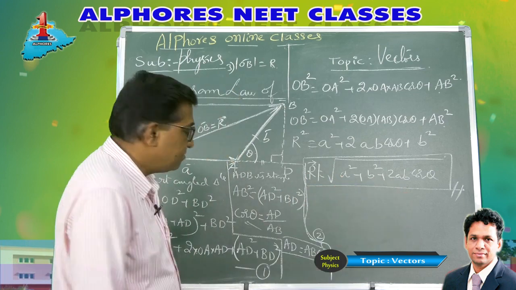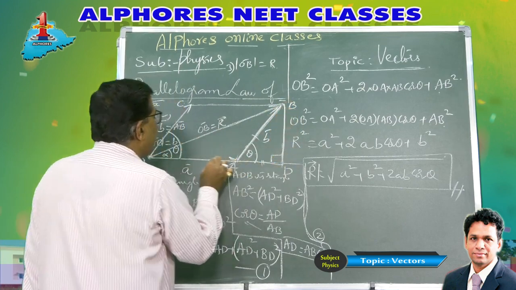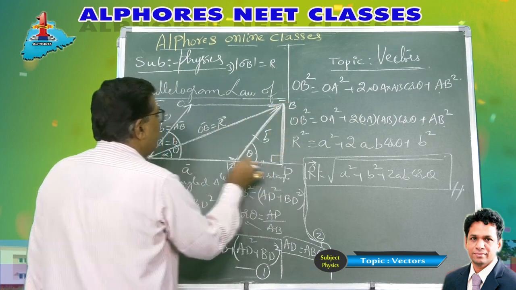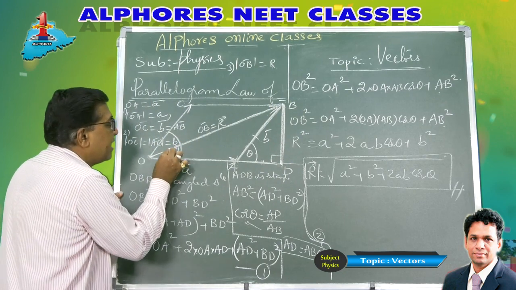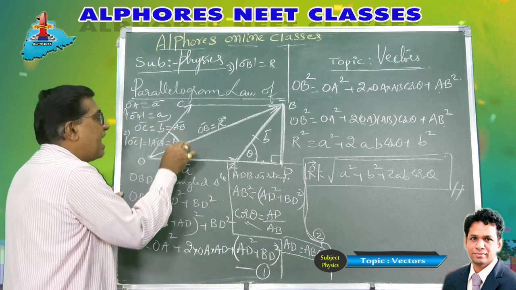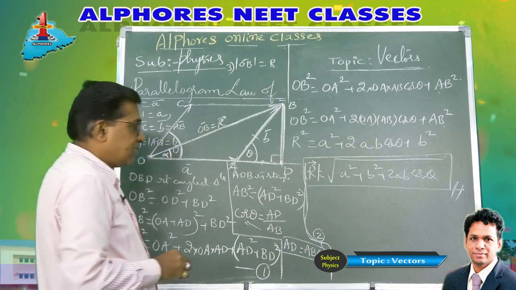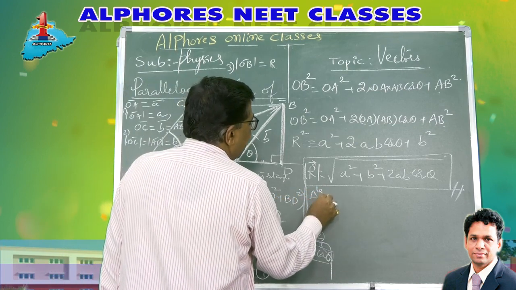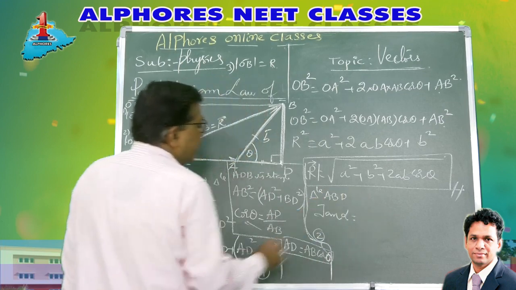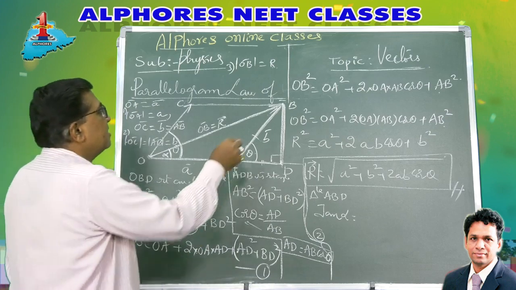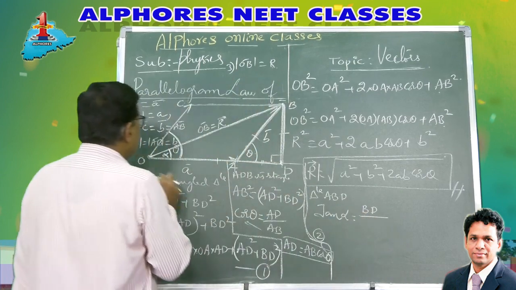Then how about the direction? Well, in the same right angle triangle OBD, now consider what is tan alpha. Let the resultant make an angle alpha like this. Theta is the angle between the vectors A and B. Now take the angle made by the resultant, alpha. Then from the right angle triangle OBD, what is tan alpha? According to trigonometry, tan alpha is opposite by adjacent. So the opposite is BD and the adjacent is OD.